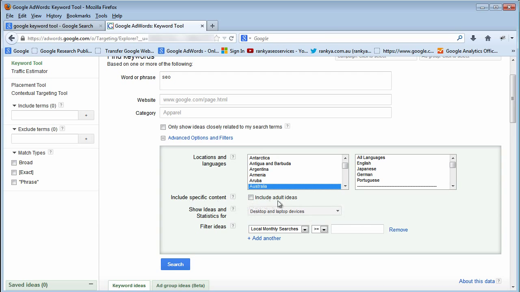Now, we've got include adult ideas. No, we don't want to include that. And we also have an option here, which is very important as well. By default, it shows results coming from desktop and laptop devices. We also have a mobile devices option here. You can surely choose that, especially if you have a mobile website and offer services that